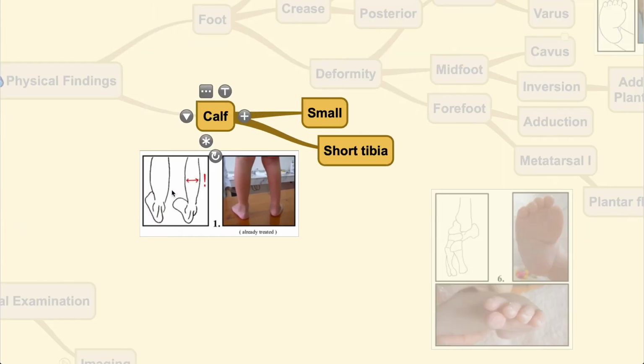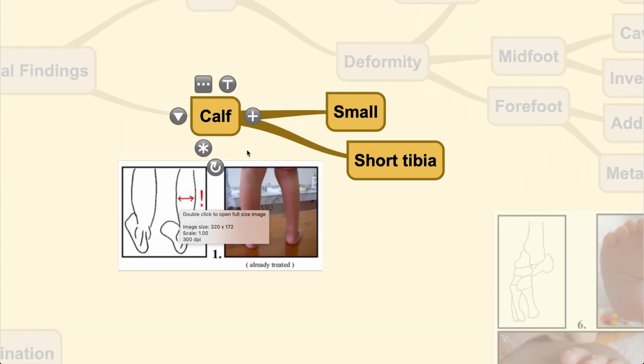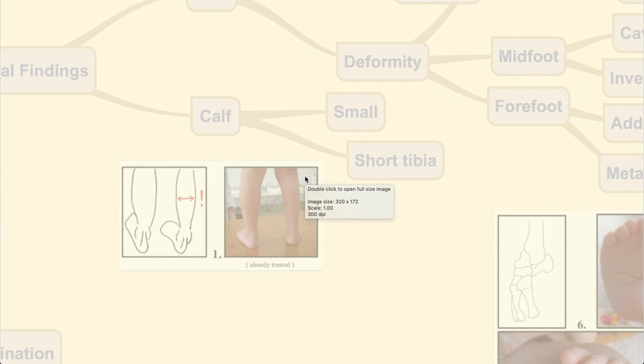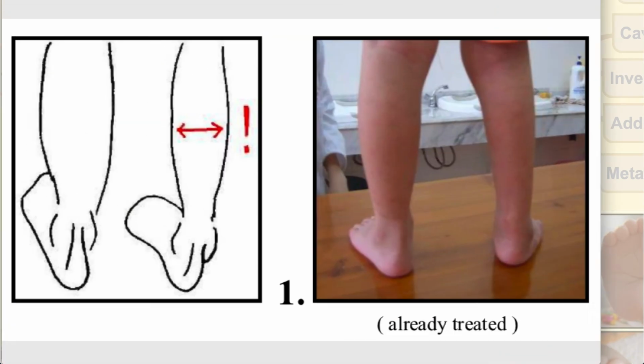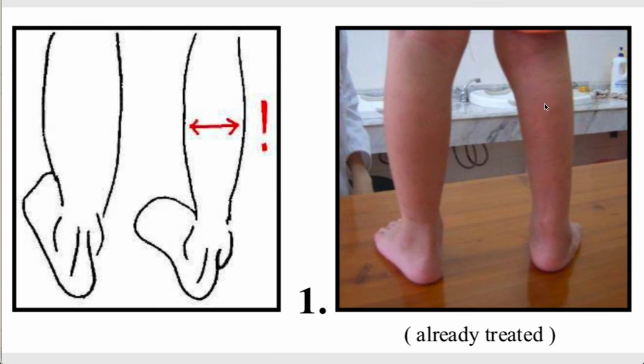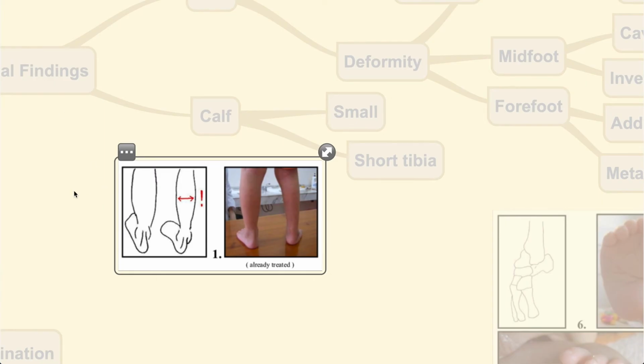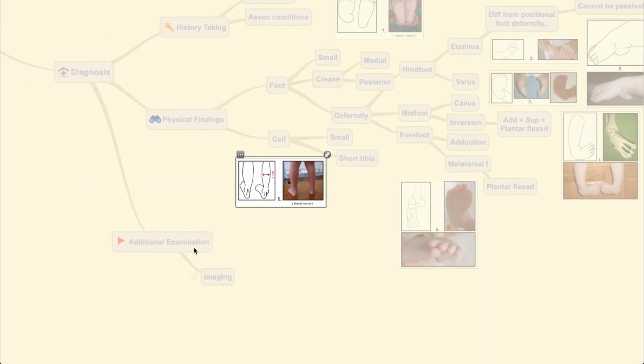You need to know that the patients with CTEV also present with a small and short tibia, which gives them an appearance of a slightly smaller calf, as seen here in this patient. This leg here has a CTEV foot that has already been treated, but even as the patient progresses and gets older, the leg never grows to a normal size. And next would be the additional